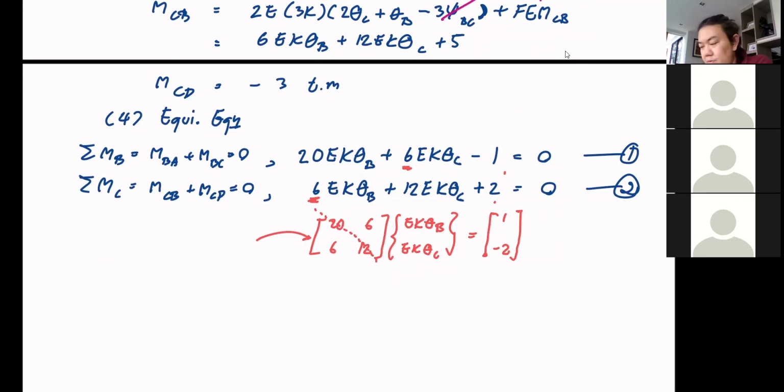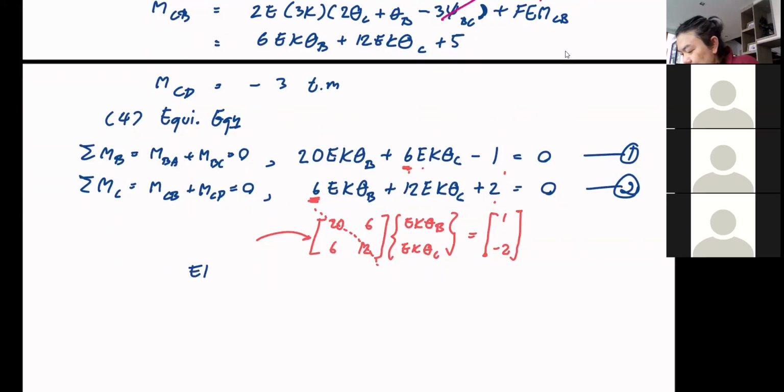So after you've done your work on equilibrium equations, you can always check the coefficients for symmetry like this. Okay, so now after we solve this by playing some calculation music, you will have